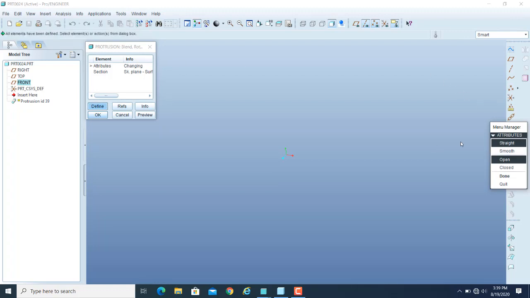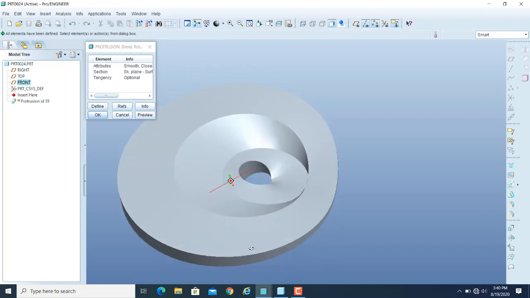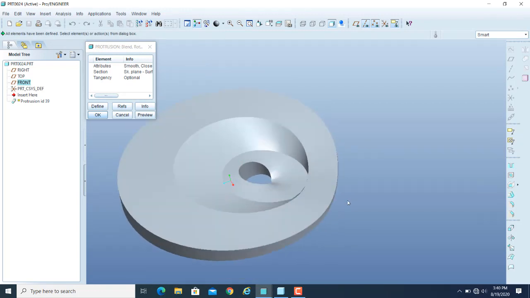So straight may it cannot make straight lines by using the joining methodology if you want to join the last and the first, क्योंकि एंगल इतना ज़्यादा है कि वो straight lines के थ्रू जो है वो आप कवर नहीं कर सकते. So in that case you can use the smooth option, and now if I use the close option and then done and want to preview that, so I can, so this is your final result which you